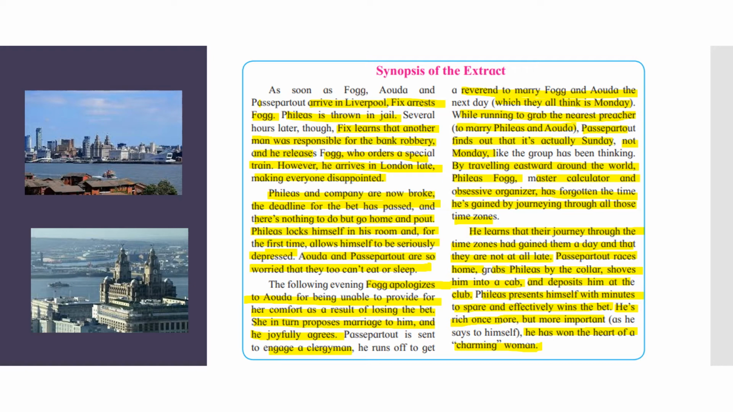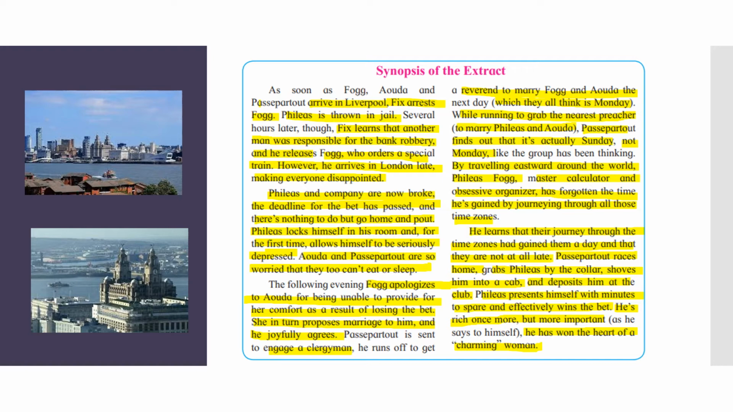The following evening, Fogg apologizes to Auda for being unable to provide for her comfort as a result of losing the bet. She in turn proposes marriage to him and he joyfully agrees. He sends out Passepartout to engage a clergyman. He runs off to get a reverend to marry Fogg and Auda the next day, which they all think is Monday. While running to grab the nearest preacher to marry Fogg and Auda, Passepartout finds out that it is actually